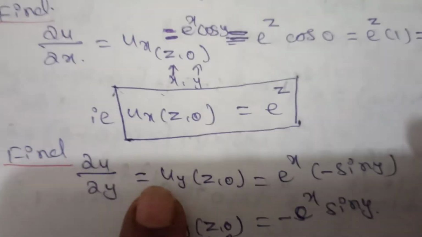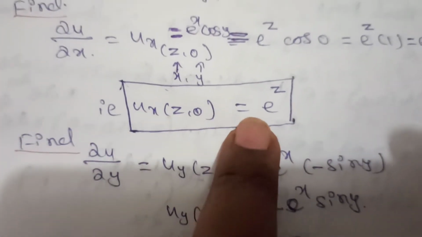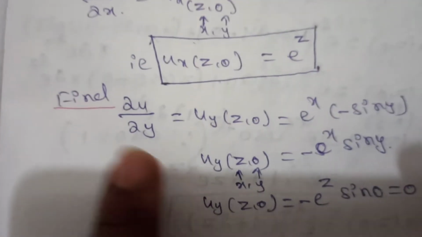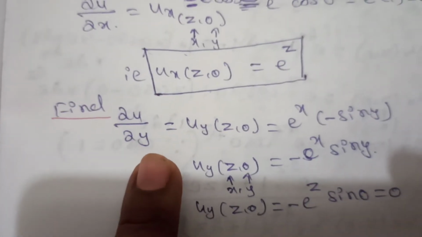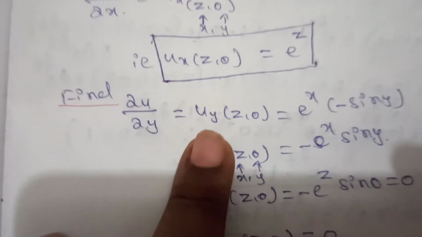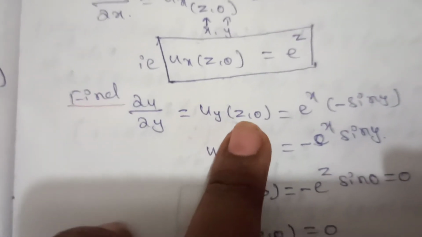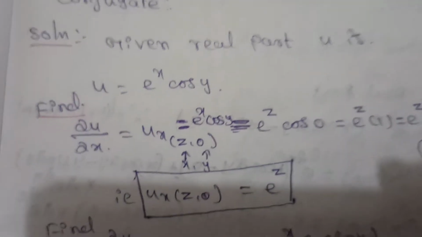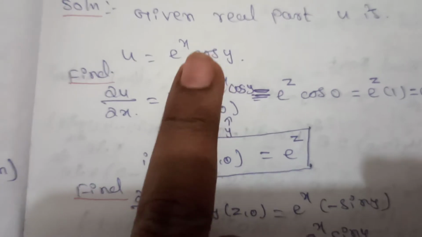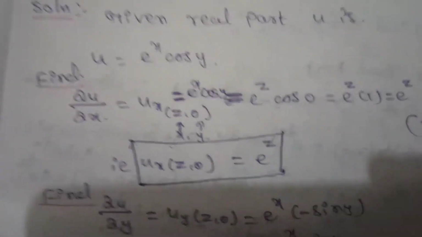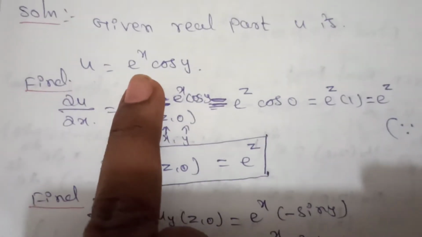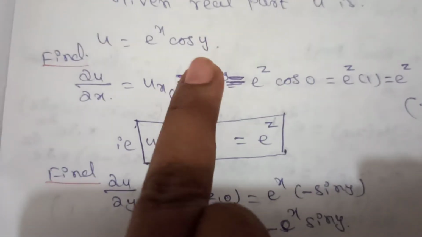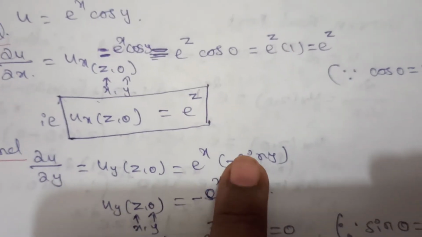Therefore u_x(z,0) becomes e^z. Next, find ∂u/∂y, that is u_y at the point (z,0). Again take this u value with respect to y, ∂u/∂y. Here x is constant with respect to y, so e^x times the differentiation of cos y,